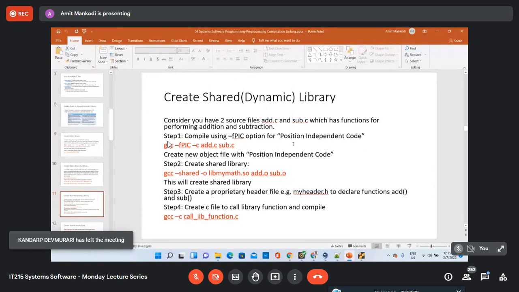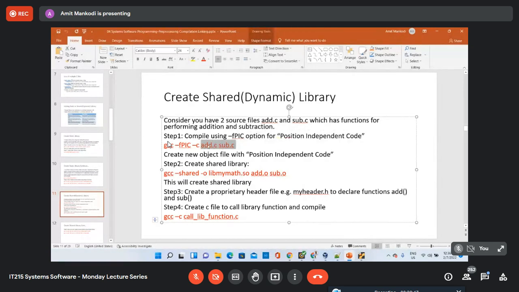Now, how do we create the dynamic library? The way we create the dynamic library is again using the GCC compiler, of course. But when you create an object file from the source where your library functions are, add.c and sub.c, from where we want to create the dynamic library file.